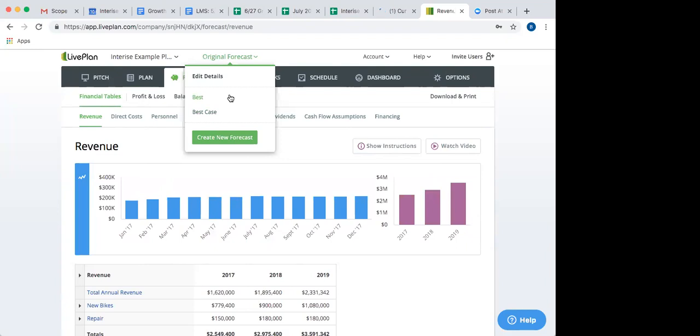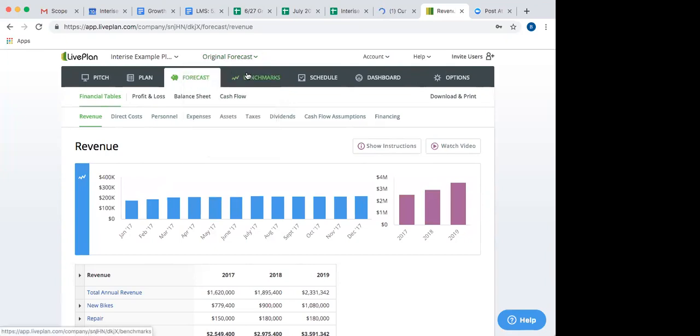So you can just run scenarios and play around with it and have fun and say, what if I'm a bike shop and I add maintenance repair, service repair to my line of work? What would that look like? How much new revenue would that bring in for me? So I like that feature.